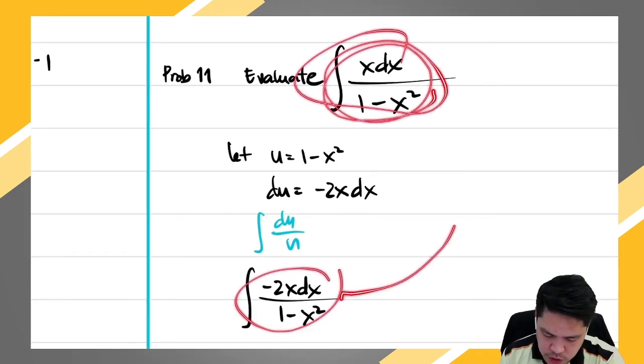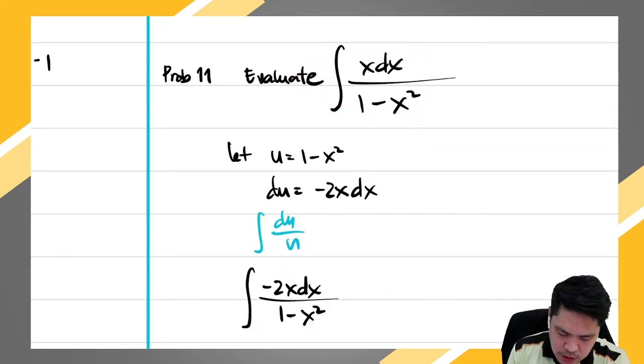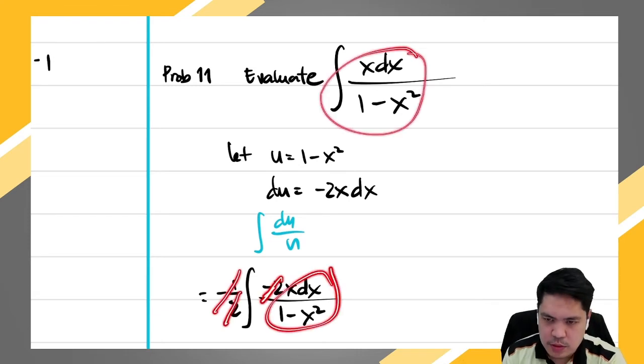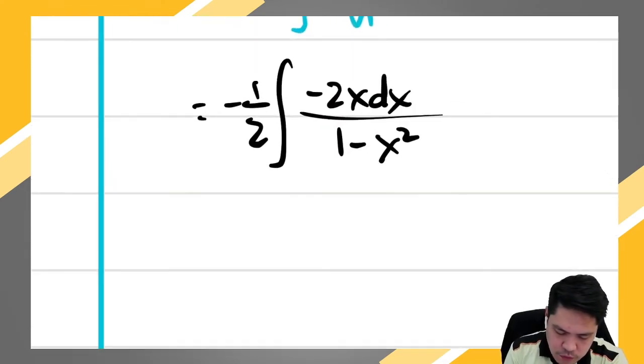So in order for this to be the same, we need to multiply by the constant negative 1/2, so that if we cancel, then this is the same as this. So therefore our answer here is